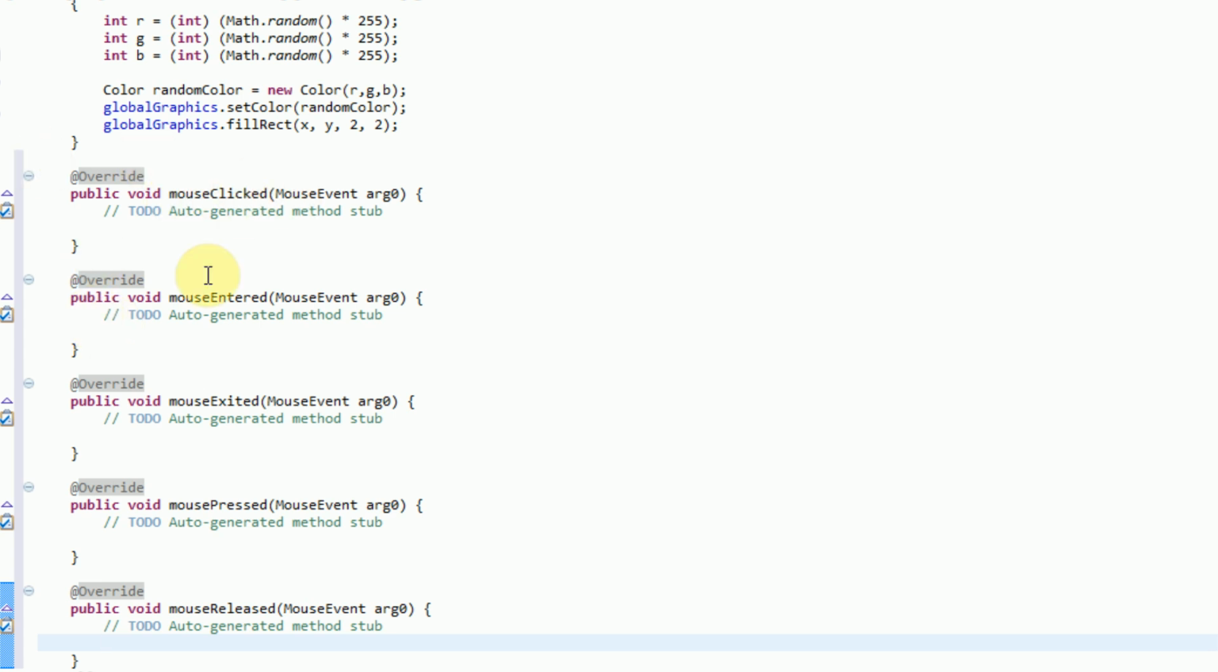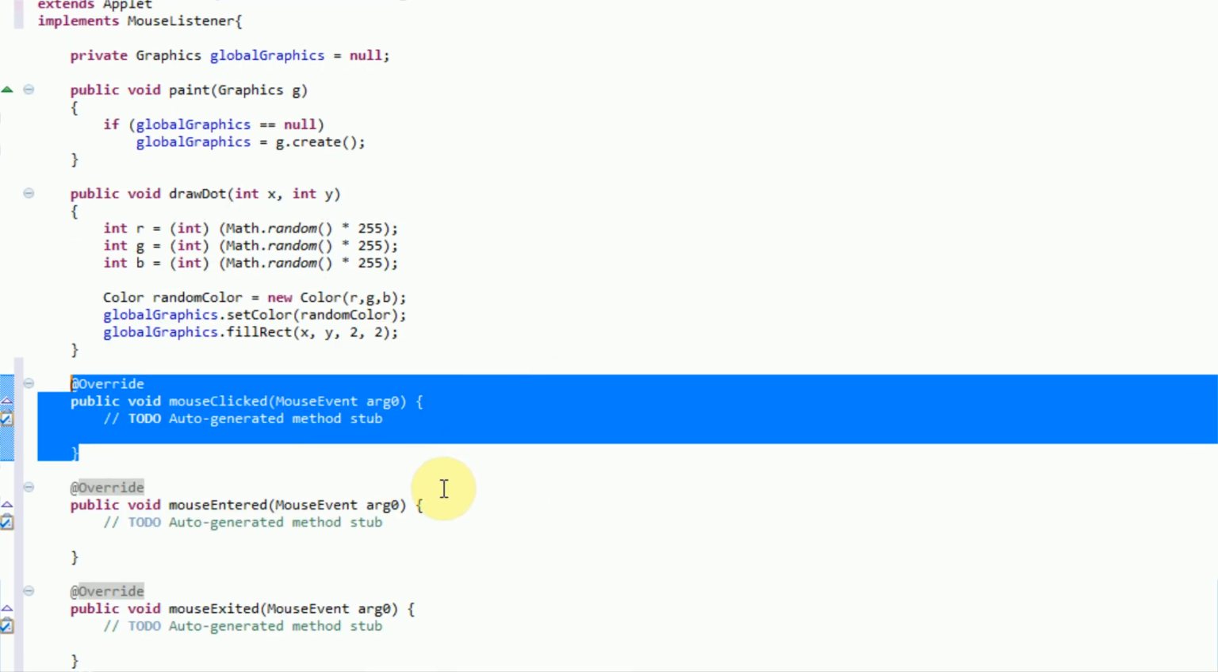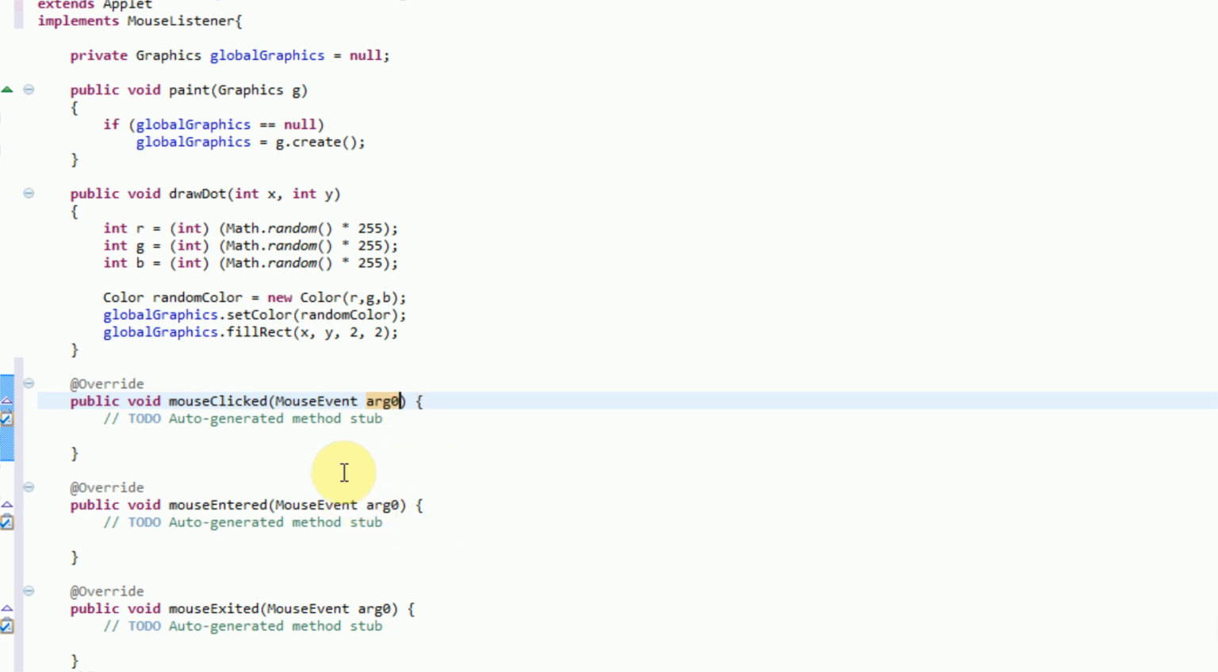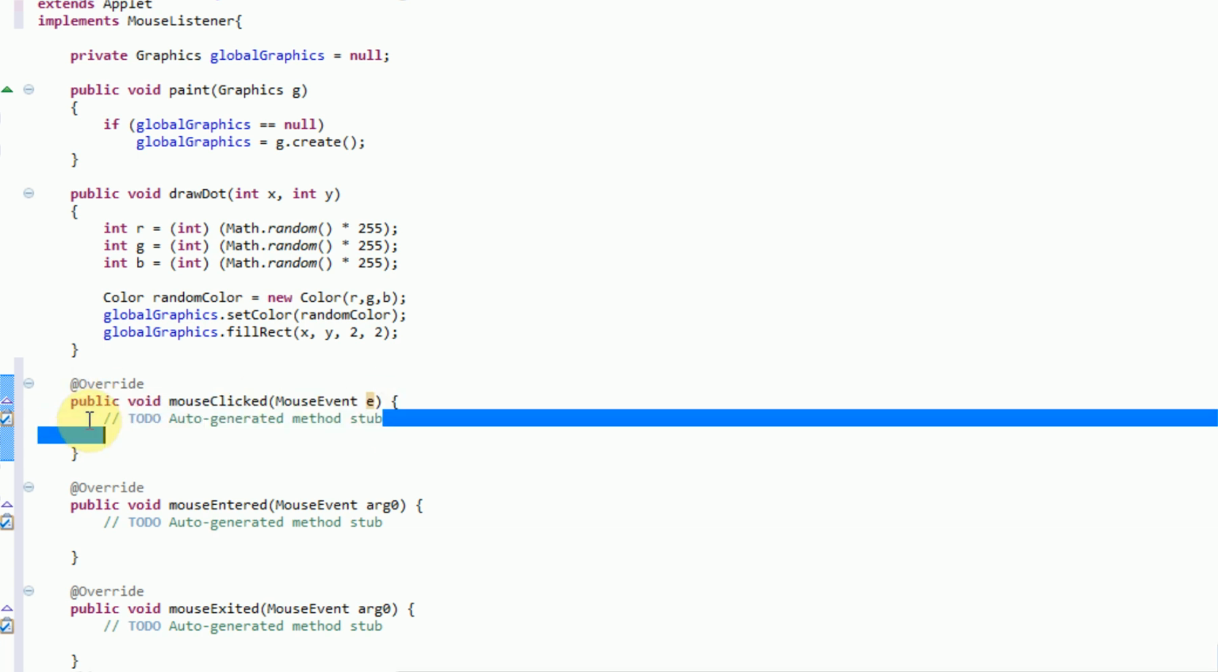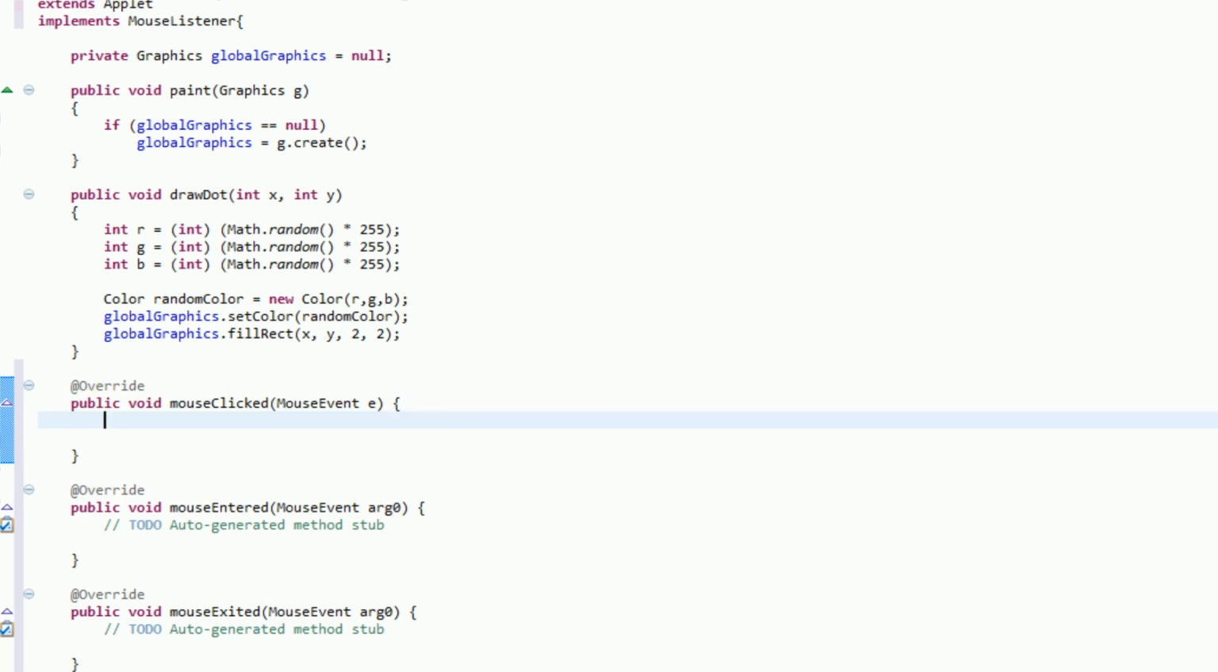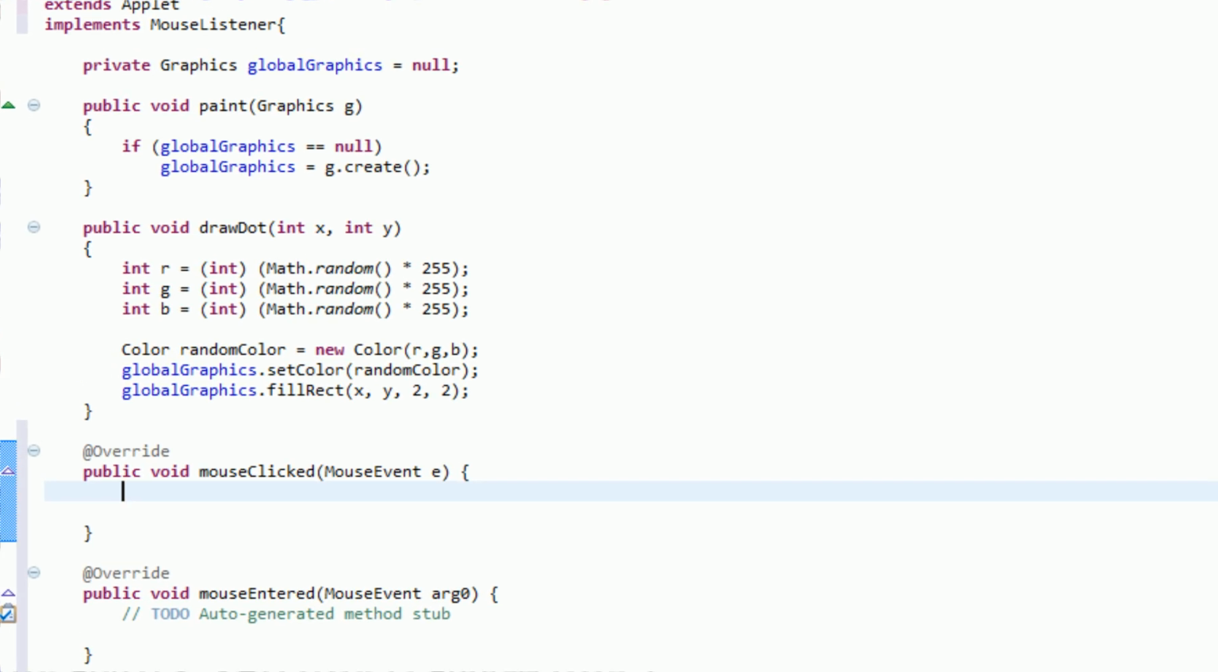We've got when the mouse clicks, when the mouse enters your applet, when the mouse exits your applet, when the mouse is pressed, and when the mouse is released. The one method that interests us in this application is mouseClicked. First, we are going to rename this parameter MouseEvent arg0 to MouseEvent e, because I like having e as my event specifier. This method will be called every time the mouse is clicked inside of the applet. So every time the mouse is clicked inside of the applet, we want